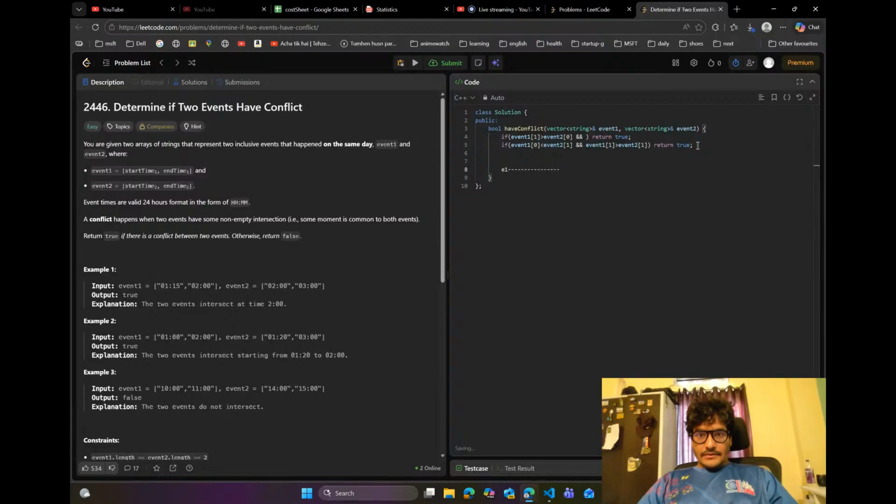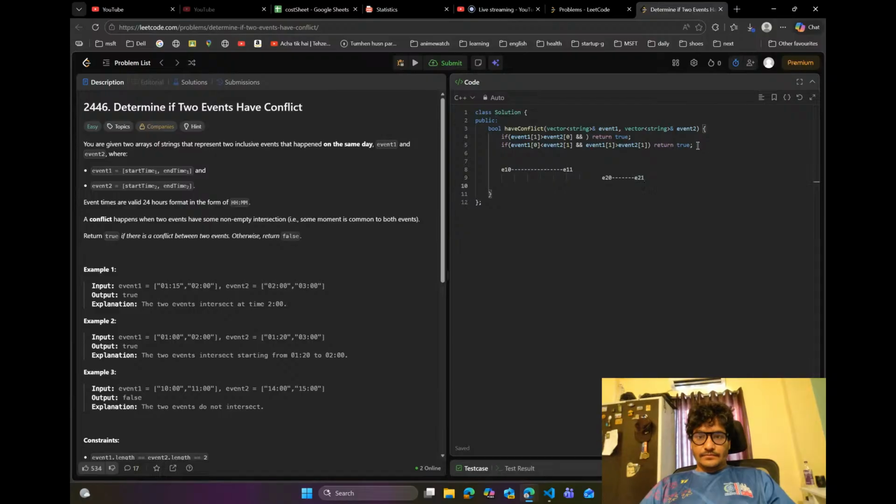It can be event 1 as a start. Let's name it event 0 and its end here. And event 2 can be anywhere. It can be here, or event 2 can be here,